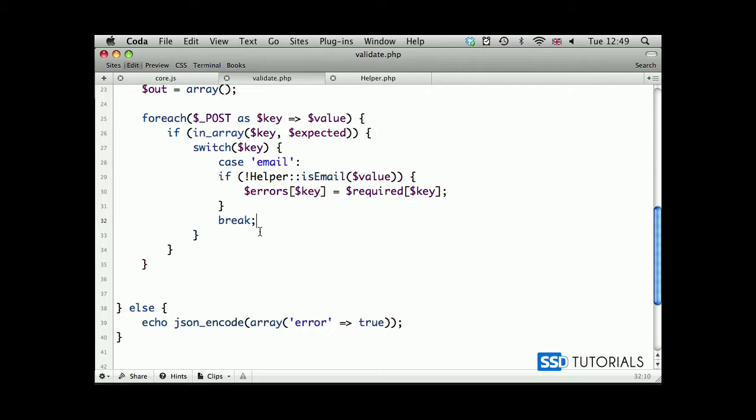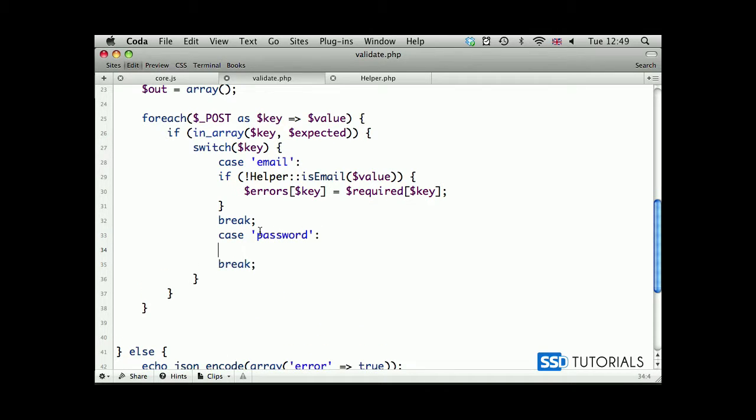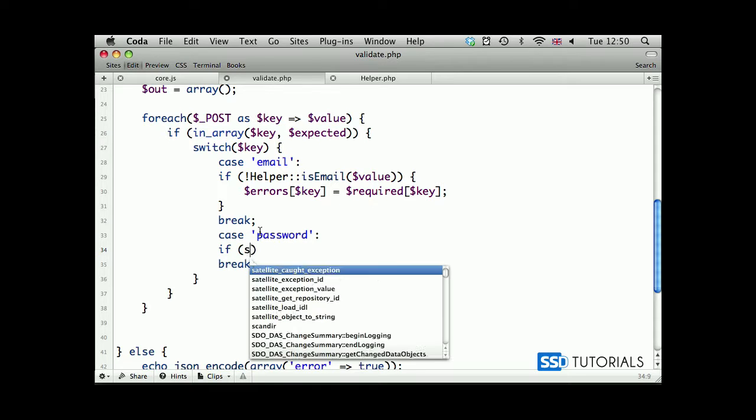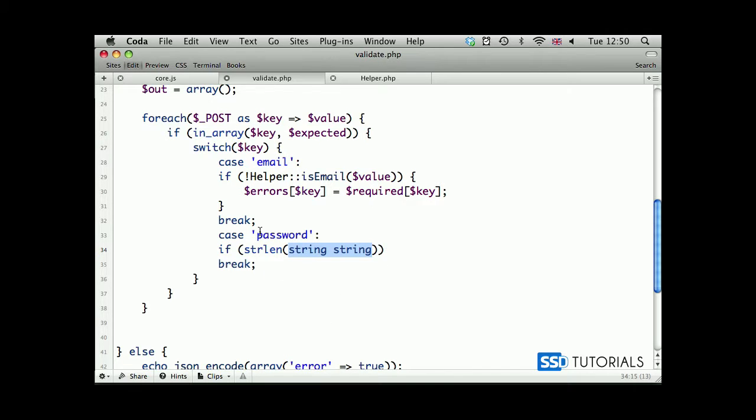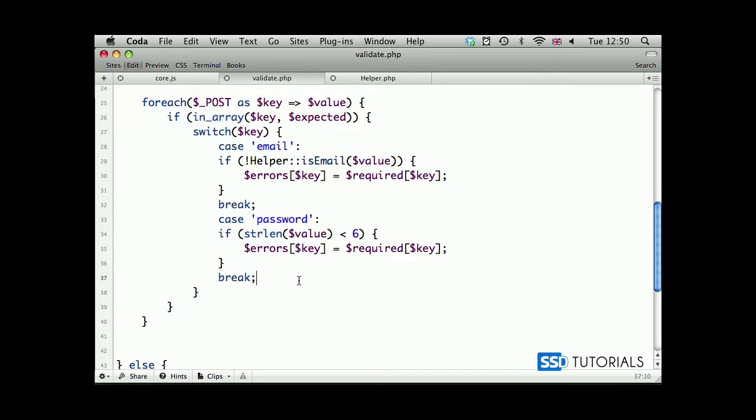Now it's time to check whether the password has the right length. So we go for the case password, colon, break. Now we check if the string length of the value is less than 6, then we're going to copy this thing because it's exactly the same. We basically take the key, put this into the errors, and get the value of the message from the required